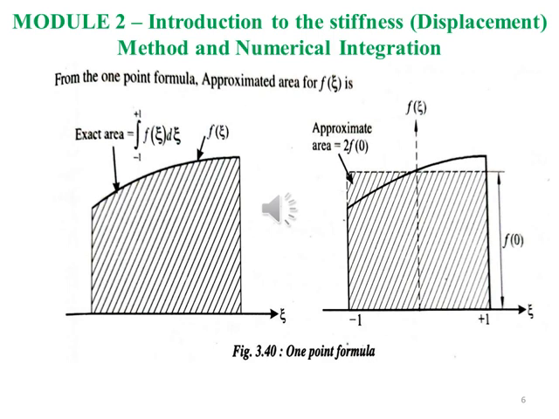So as you can see in this particular figure, the exact area is shown on the left hand side and the approximated graph is shown on the right hand side. So whatever error is missed on the right side graph on the top is covered by the equivalent amount on the left hand side. So here you can see the exact value on the left hand side and the approximated value or the area on the right hand side. So this is an approximate value.